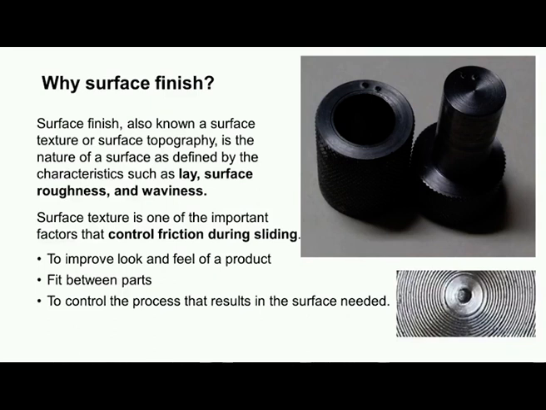For example, in the cases of mating parts which are not to be moved, there is no sliding between two mating parts, for example parts in interference fit. So in such cases, to prevent the relative motion between the two parts, we need to have a slightly rough surface. This surface finish is also known as surface texture or surface topography,